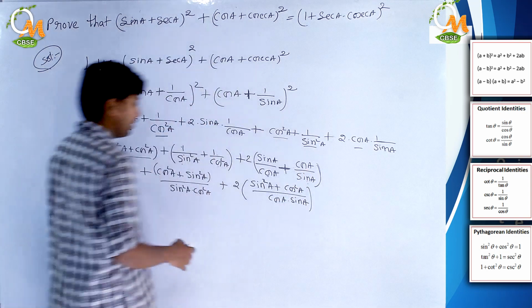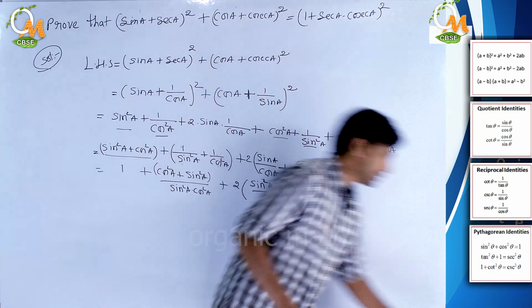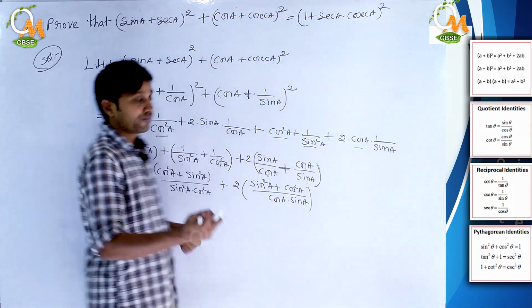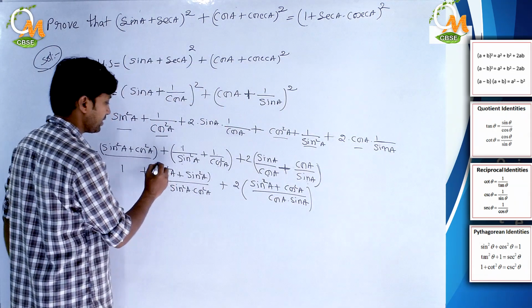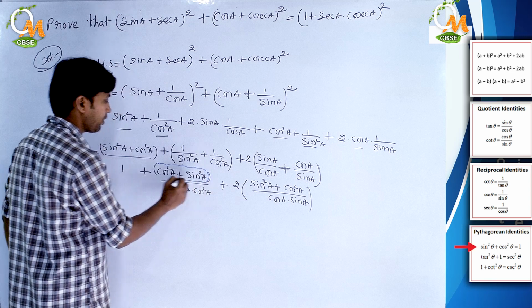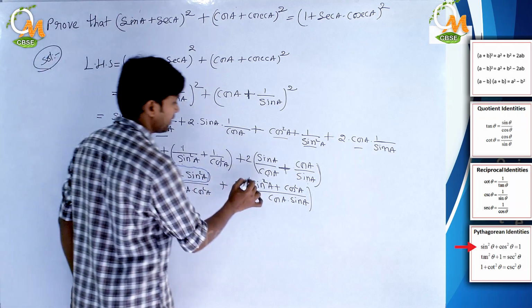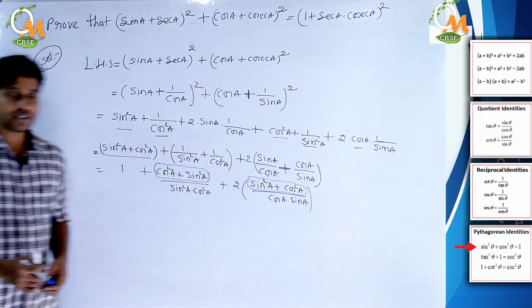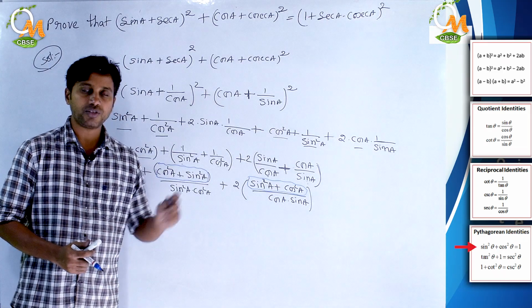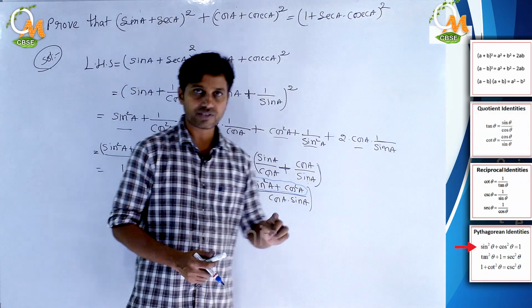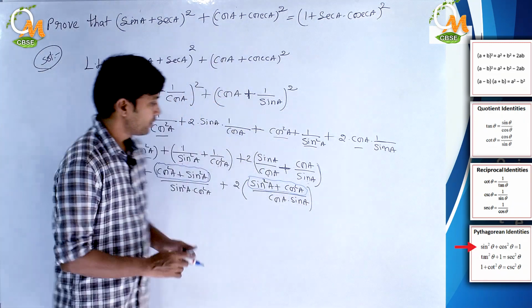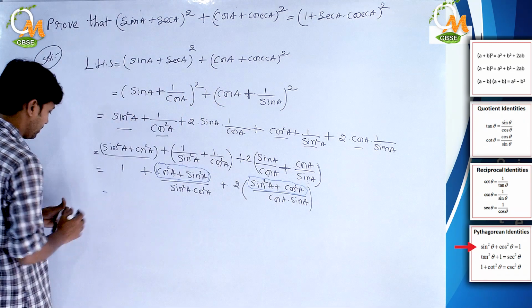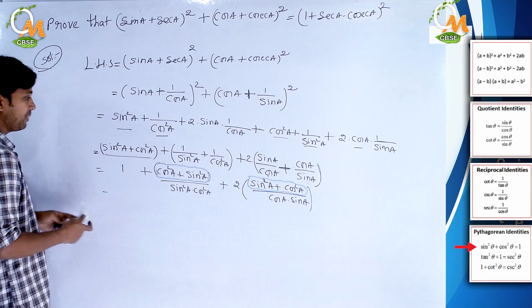Okay, now let us observe here two expressions we obtained which are simplified. See here, this numerator part which we obtain here is sin square A plus cos square A, and this is also sin square A plus cos square A, where both are representing the trigonometric identity number 1, so its value would be 1, sin square theta plus cos square theta equal to 1. So here we can put down